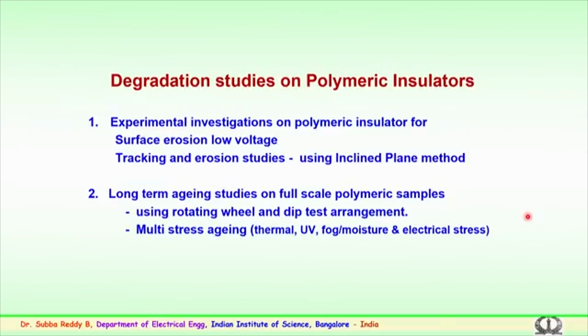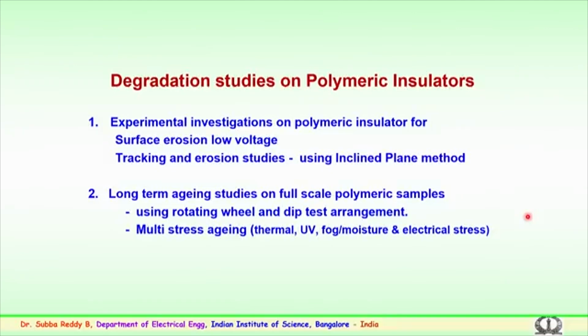The second is the important long term aging studies on full scale polymer insulators. So, this gives an idea of how long the samples could last in the field. Both methods have been followed. One is a rotating wheel arrangement, where this facility was developed for this experimentation. The second is a multi-stress aging facility. The multi-stress aging typically is a standardized procedure. In the laboratory it is equally difficult to simulate all the conditions. The process of simulating as per the standards is in progress,